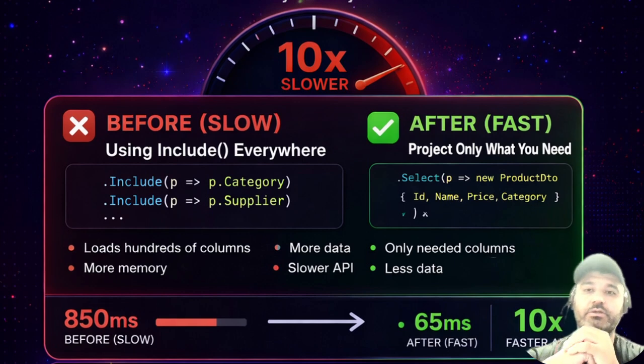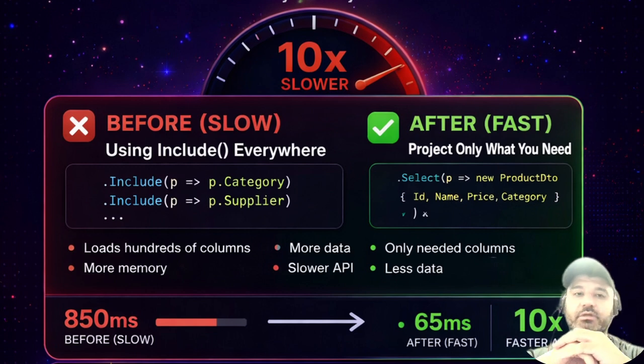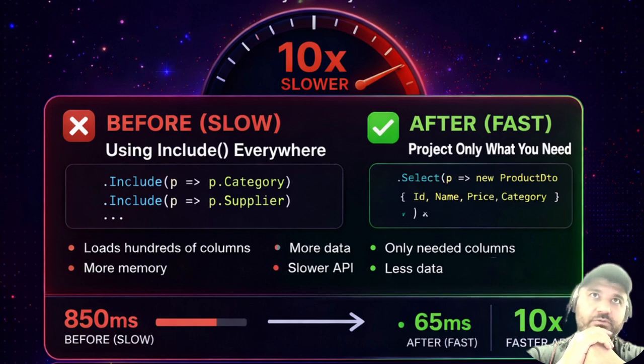Hey guys, quick dotnet tips that save my API from crawling. I used to throw Include everywhere, thinking more data means more power. But guess what? It made my app about 10 times slower, something like that. When I switched to using Select projections on the SQL side and only fetched what I needed,